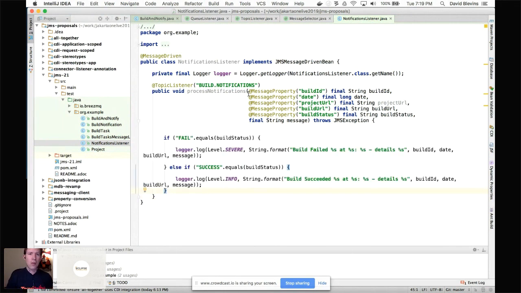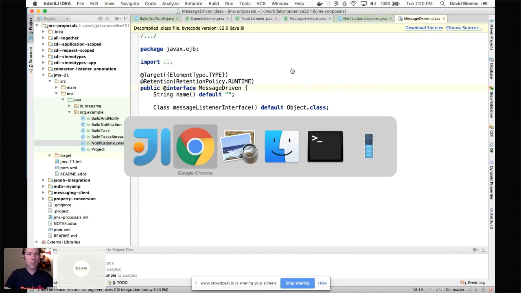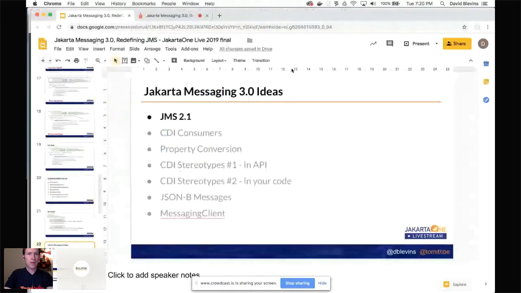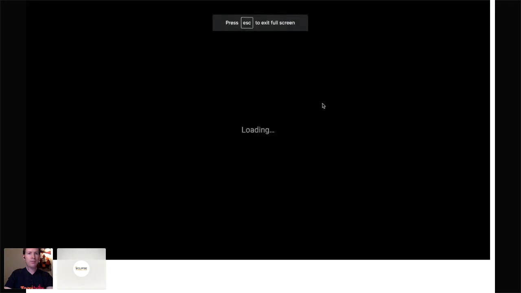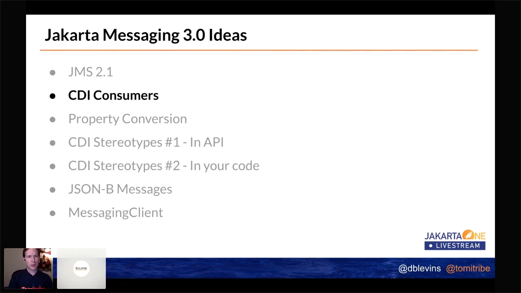So the first thing that I think is kind of not so great about this is that message-driven is an EJB annotation. Okay, so if we were to make an improvement over what we wanted to do in JMS 2.1, I would say CDI consumers is a big thing for us to add. So